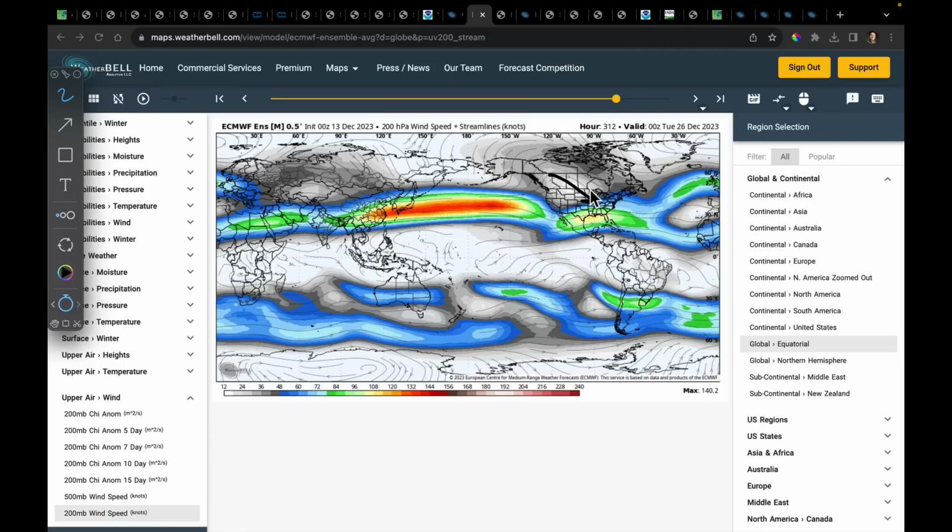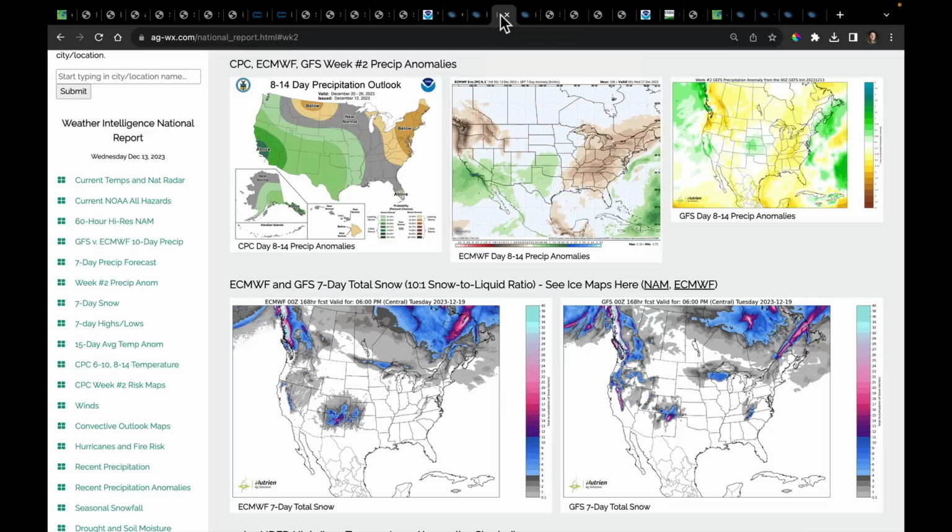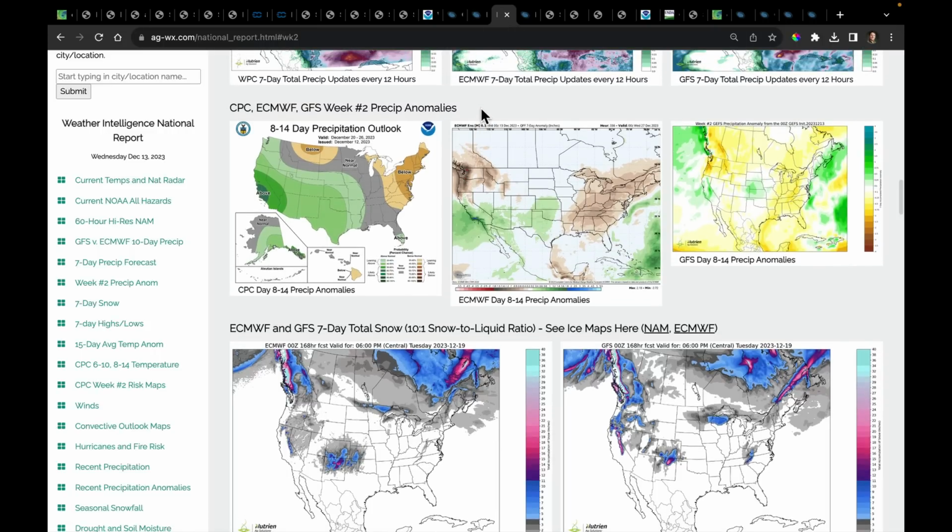And that's convergent. We need to get flow flipping around. Spent a lot of time telling you that. We've got to get that turned around if we're going to start to really rebuild moisture back into some of these really dry areas. So I look out here at the week 2 forecasts, and the GFS and the European,